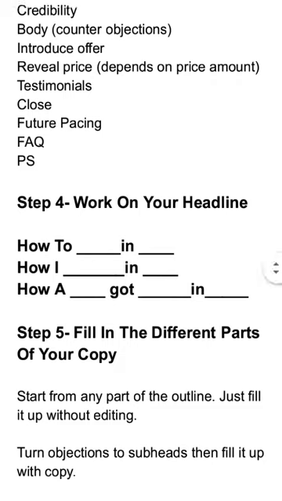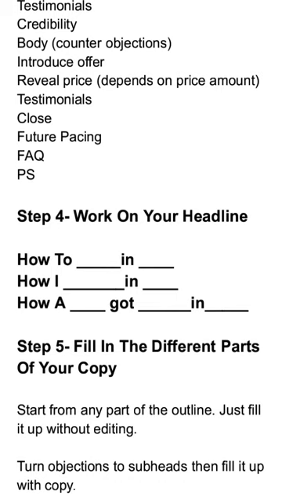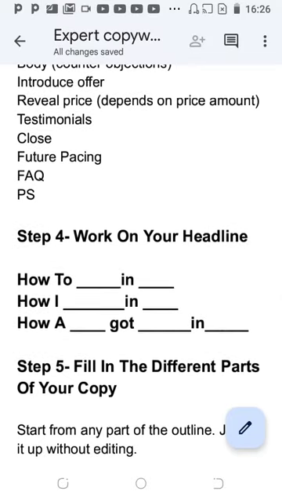FAQ is where you answer questions that your target audience will have. Frequently asked questions. Every audience, every prospect have questions. These are also objections. So you carry the objections and answer them as a question. So let's say you're selling a physical product that is supposed to help your skin glow. There are many objections, many questions. Will this affect my health? That is one question. You say, no, this will not affect your health. This product does not have chemicals that will affect your health. And this is why you can add your proof.